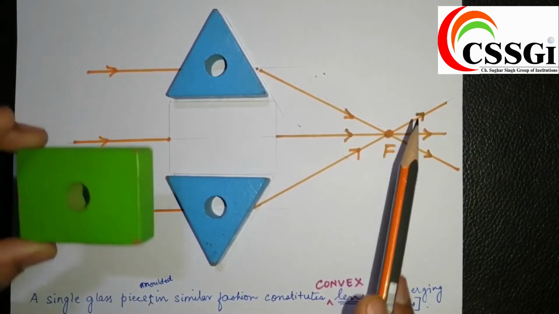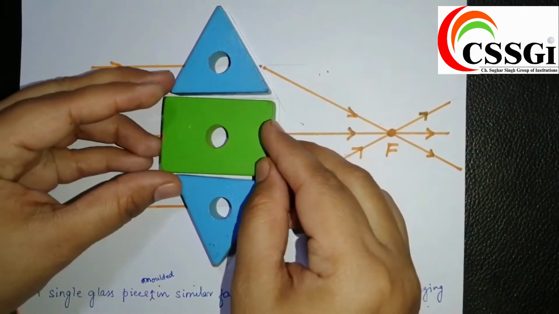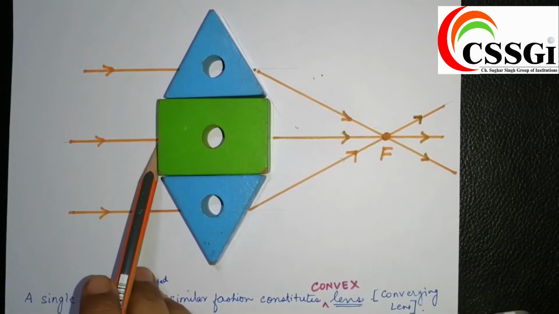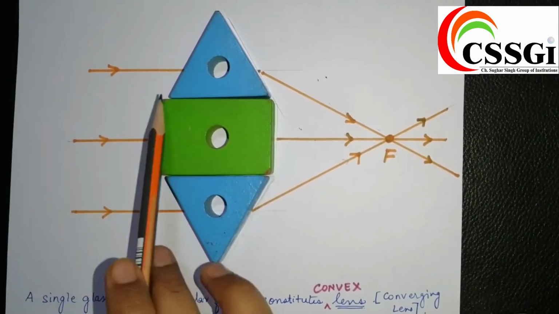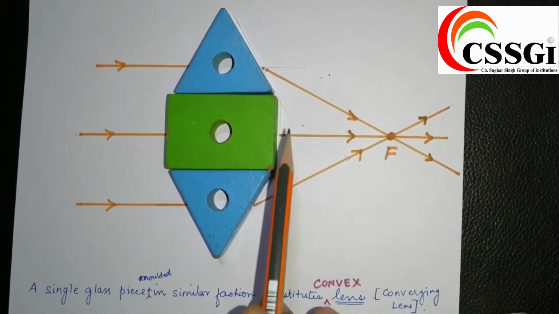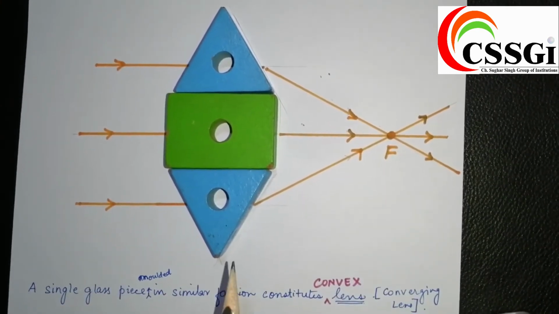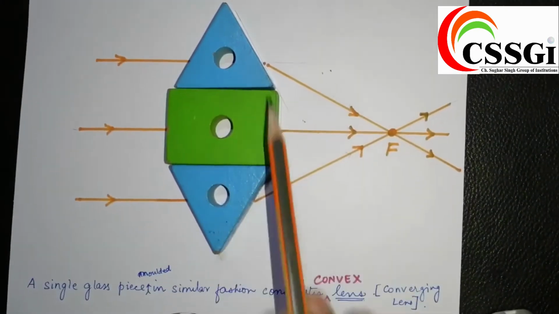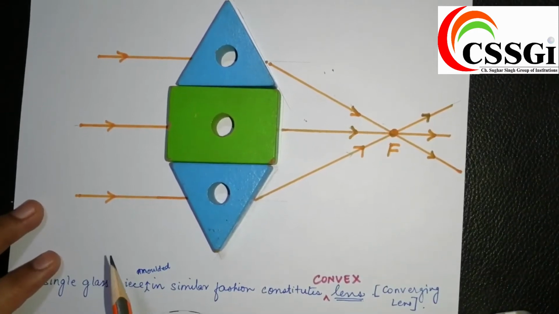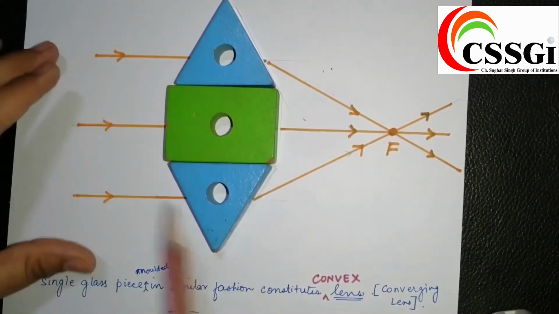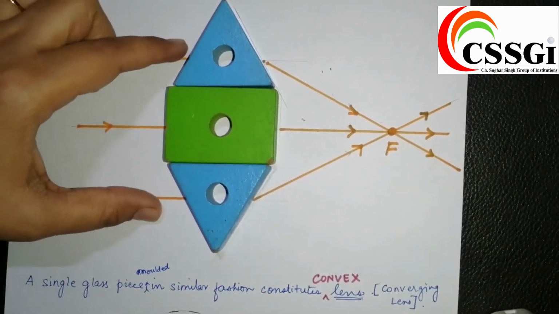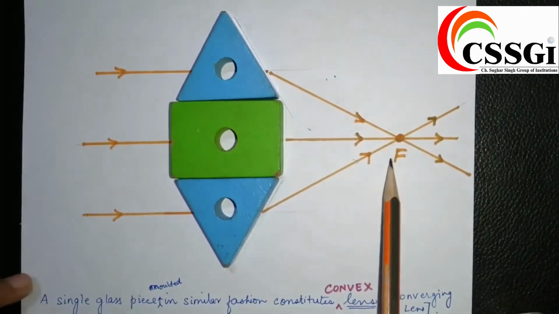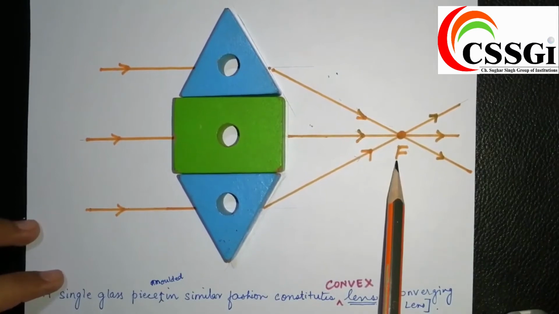Now remember, in case there is a transparent rectangular glass slab and you allow light to pass perpendicular, you can see the light is perpendicular to the surface, then no refraction will happen and the light will pass straight away. So with these two simple rules, 1 and 2, I have designed this shape, right? Now you can see, if I remove this, I am allowing a parallel beam of light, and after refraction these rays converge at this point, and I am naming this point as F, right?